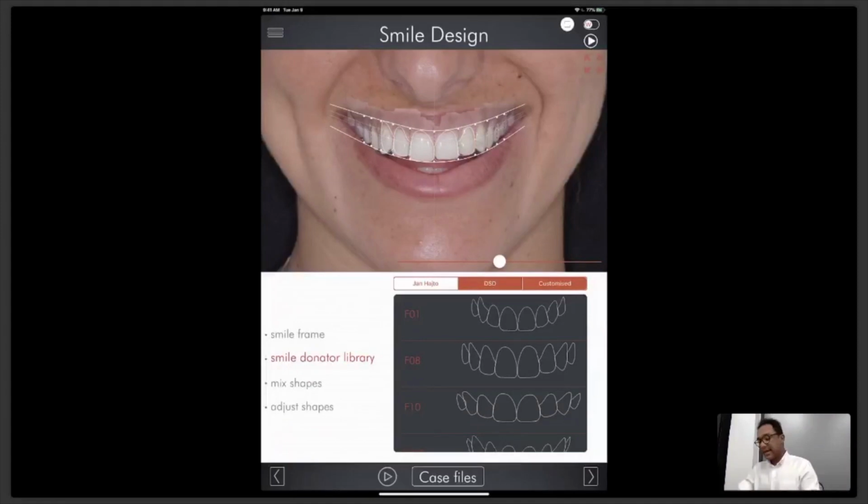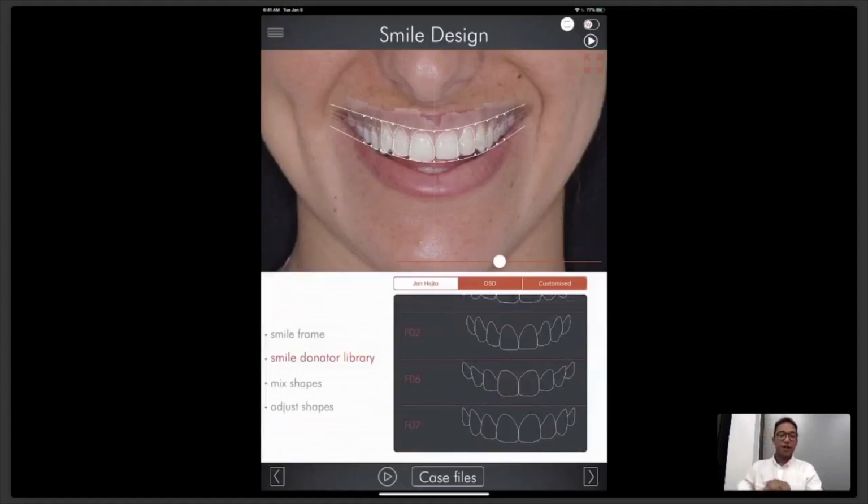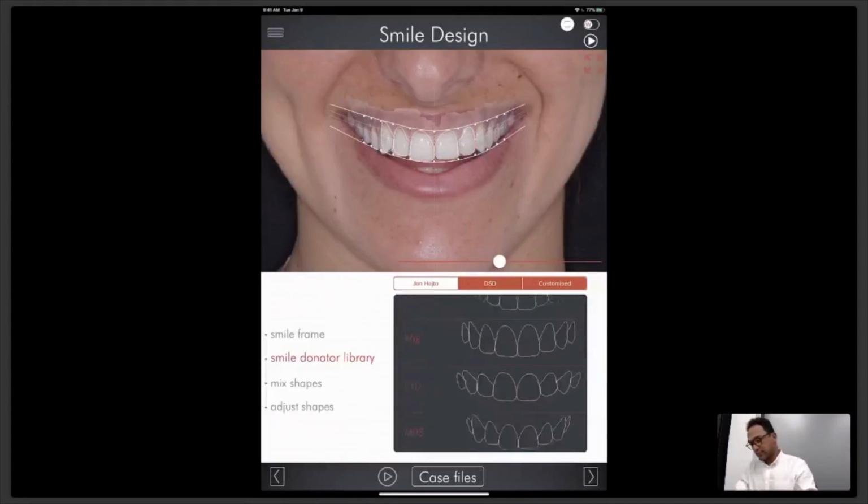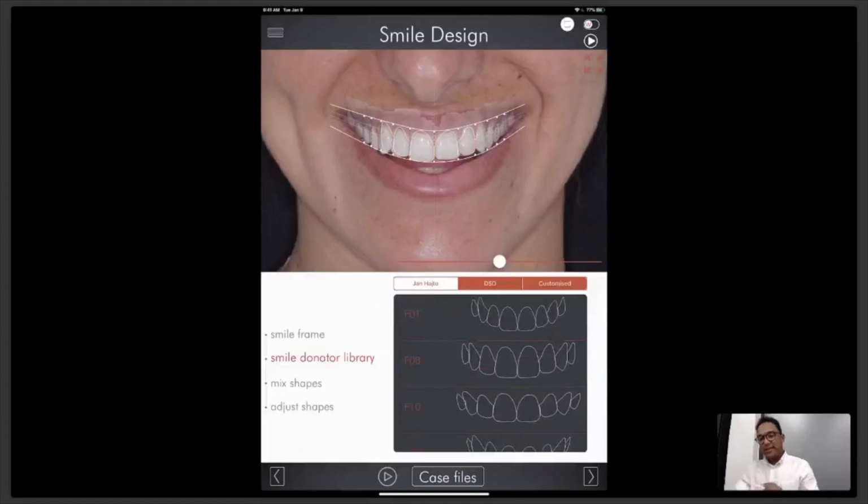let's then select one of the natural shapes that has a natural morphology, natural texture, and is used to create the desired result. One of the great things about the DST app is, can you see here John Hatso? So with the John Hatso,